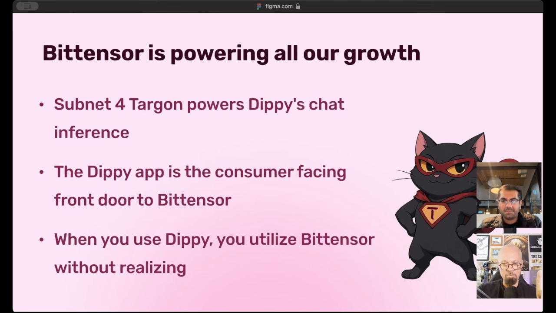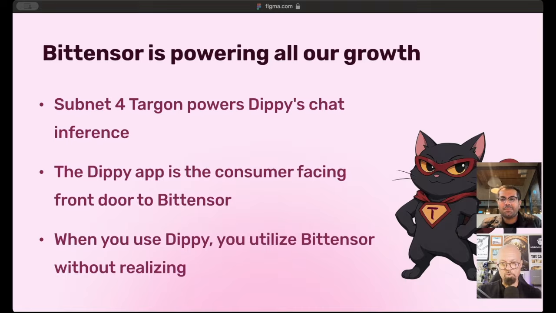Okay, let me stop you right there because I want to make sure people are clear on this. So when I talk to the character, I'm like, hello, character, how are you feeling about the weather today? When it processes that question and gives me a response back, that is going to Subnet 4. Subnet 4, yes. Targon is the thing that's generating the chat back, correct? Exactly. They host the models for us. So we just hand them the models. They're really great. We've had a wonderful working relationship with them. And so usually we just ask them to host a model. They do so really quickly, and we're on our way to continue experimenting and scaling.